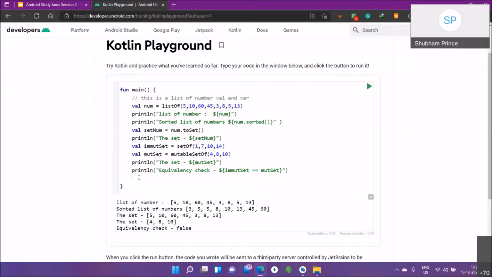So how does it work? Let's just focus on it. Before learning forEach, I have one more thing, that is maps. In collections we have maps as well. So what really are maps? Most of you might be familiar with it, but let's understand what a map is. A map is also known as a dictionary. So what is a map? We are going to create a key value pair.